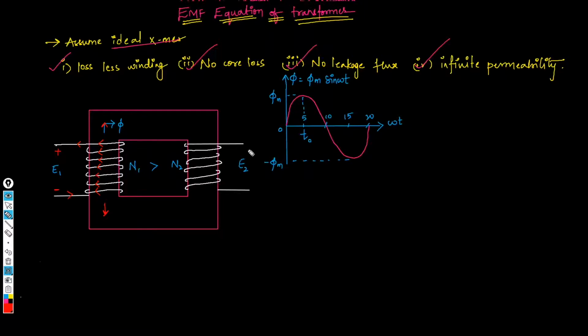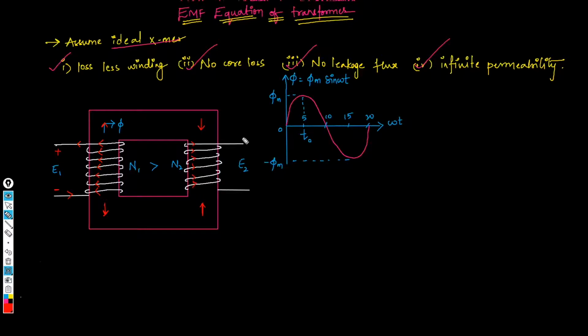And similarly here, if you connect a load by assuming something here, the main flux is directed in this way. So your thumb should be in opposition to this one, so it should be something like this. If that is the case, then your curl direction will represent something like this, this way.